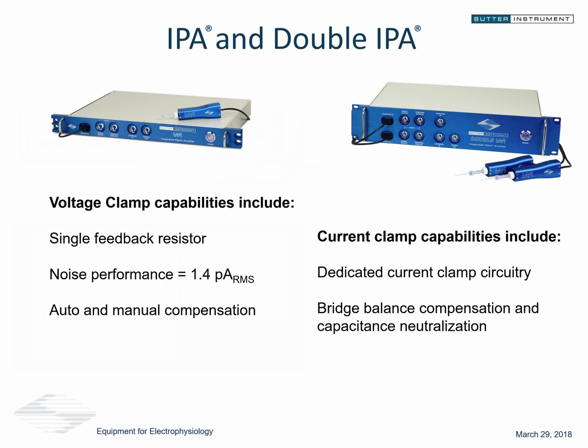This enables the whole cell recording. Automatic and manual compensation are available, and I have to say here that the automatic compensation actually nails it every time. Our users that are using these systems for the first time are not used to that feature. That makes it a little bit more convenient to use. And these are based on a single feedback resistor. That's a 500 mega ohm resistor, which optimizes this for whole cell recordings while keeping the design and the electronics extremely simple.